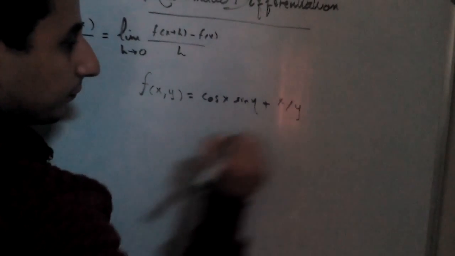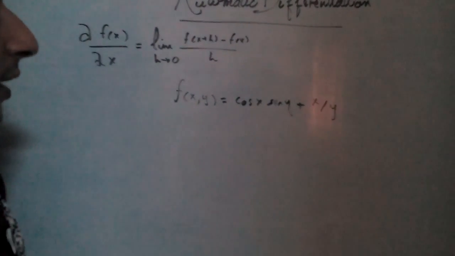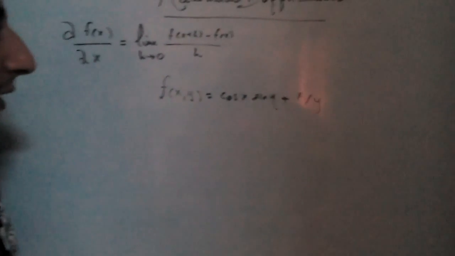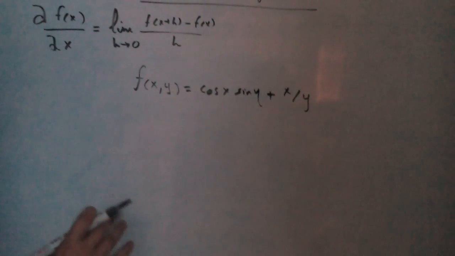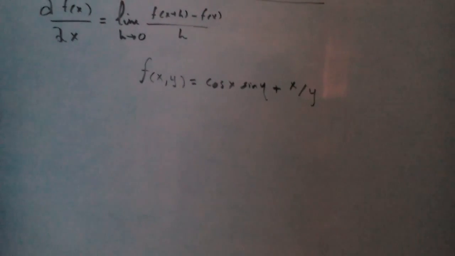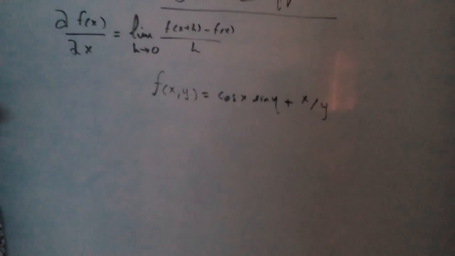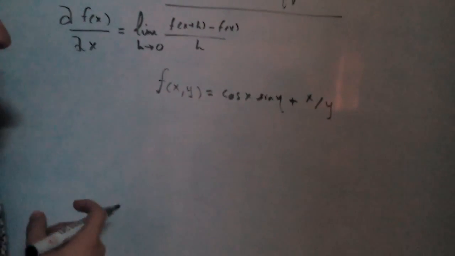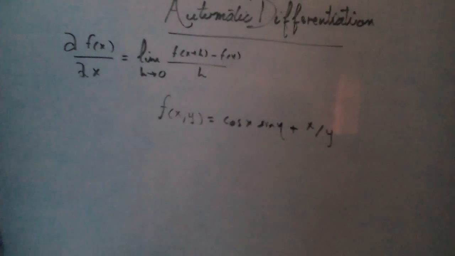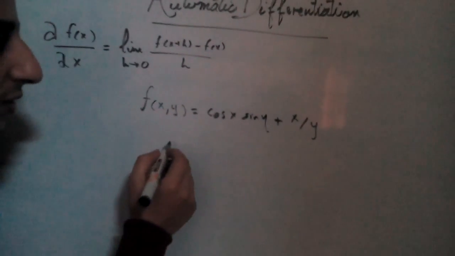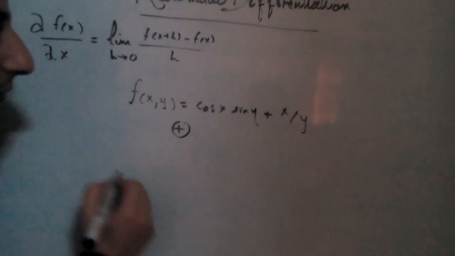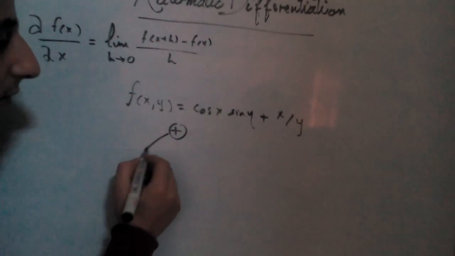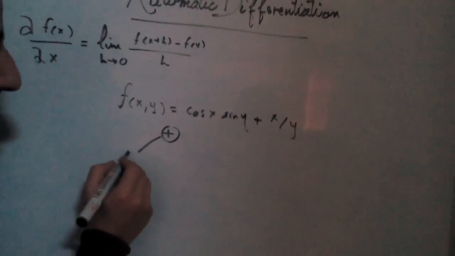x over y. First we have to construct the graph, a directed acyclic graph of the operations. The operations are going to be the nodes and the variables are going to be the leaves of the graph. The graph will have primitive operations such as multiplication, addition, division, and so on. We start at the node. The node over here is the addition operation, and then on the right-hand side we have a multiplication operation